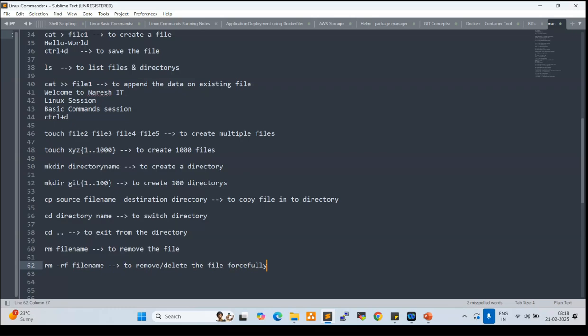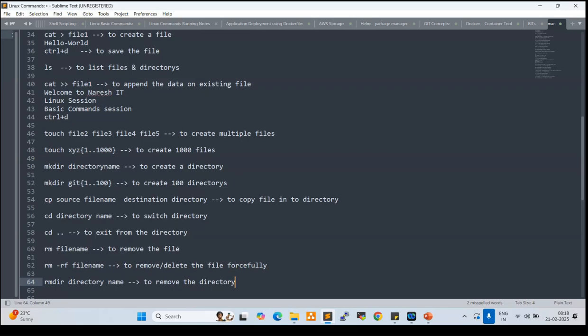Next one, if you want to delete a directory, the command here is rmdir space directory name, to remove the directory.